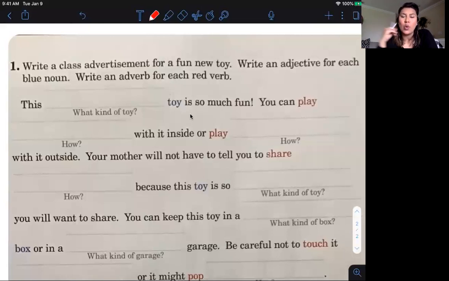So what kind of toy is this going to be? What do you think? It could be a children's toy. It could be a water toy. It could be an outdoor toy. It could be an indoor toy. What kind of toy? I'm thinking outdoor. Outdoor toy is so much fun! See the exclamation point? Because they're exclaiming it. They're excited. You can play